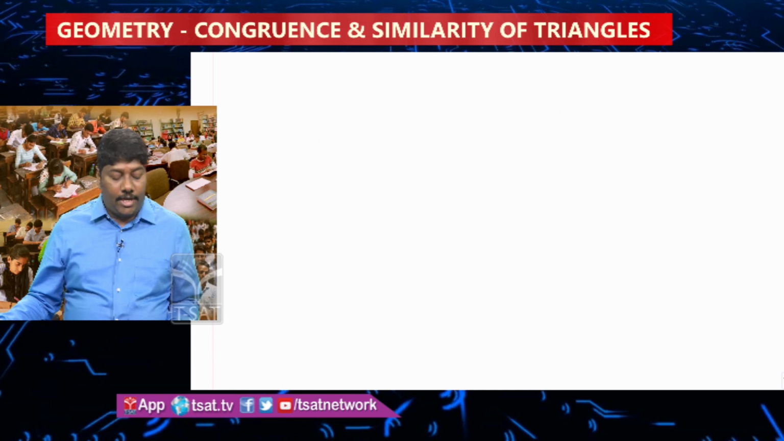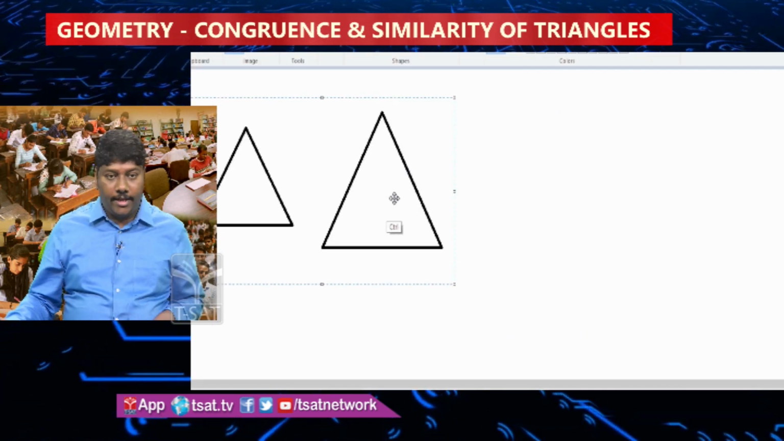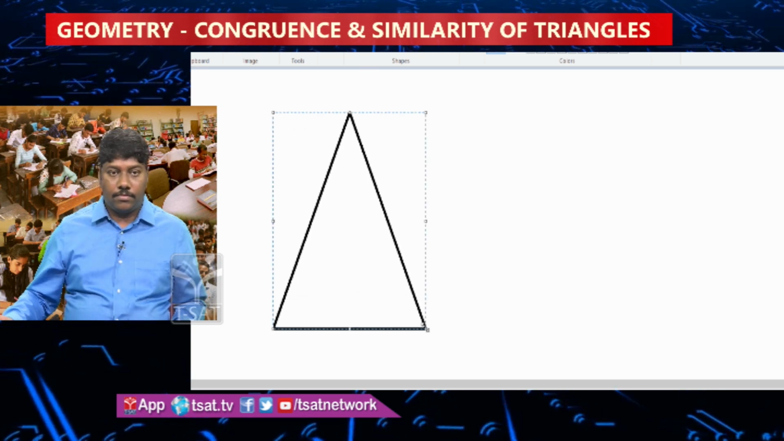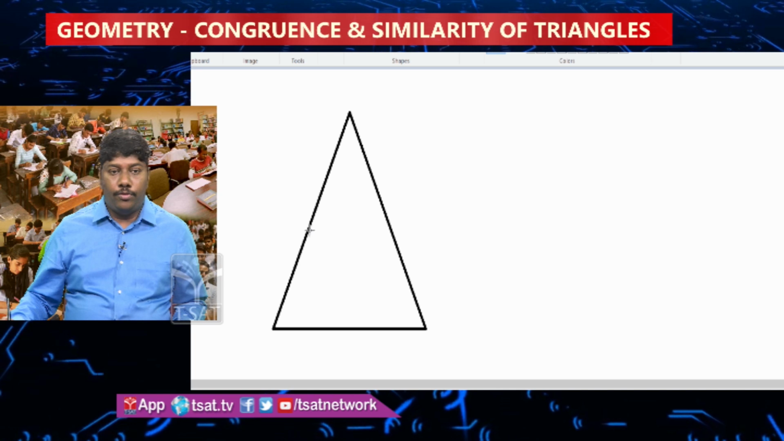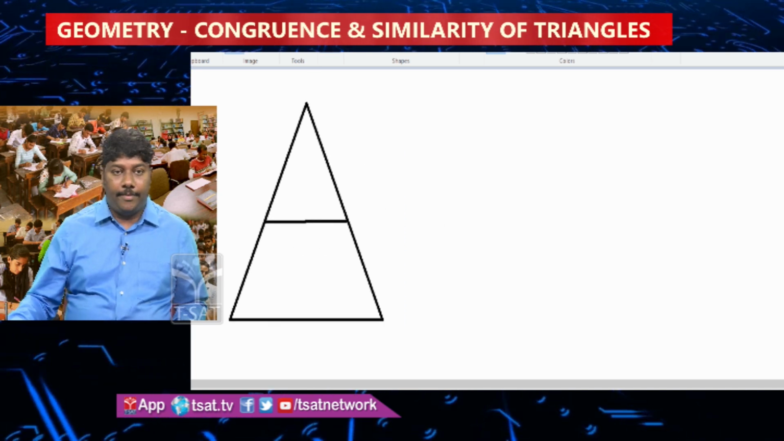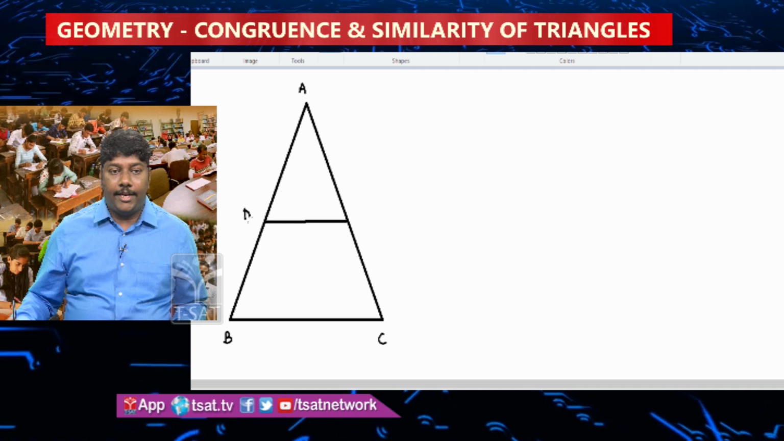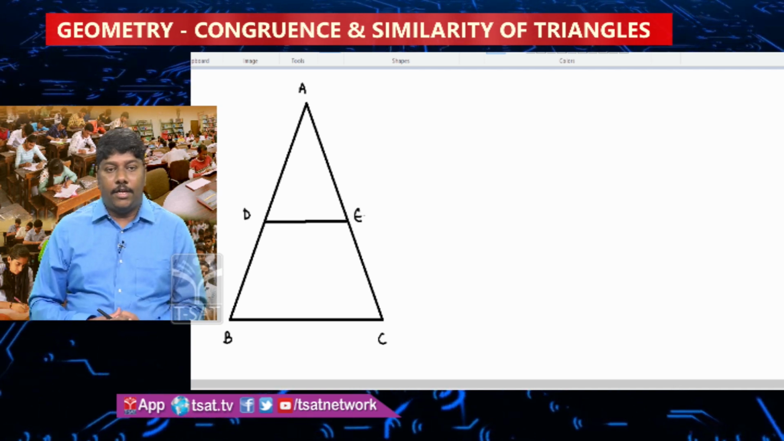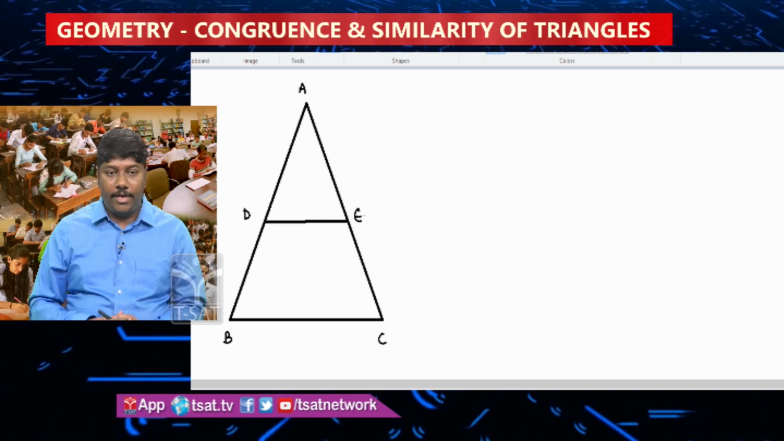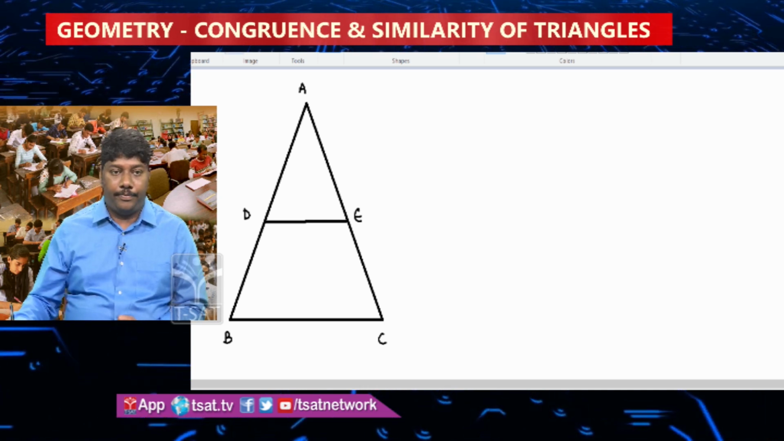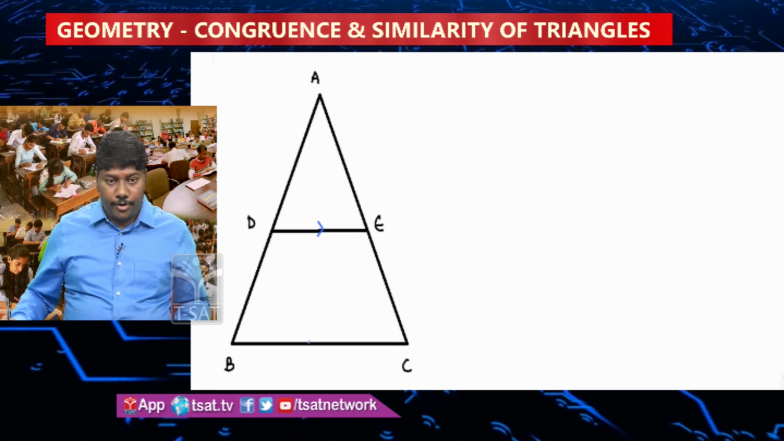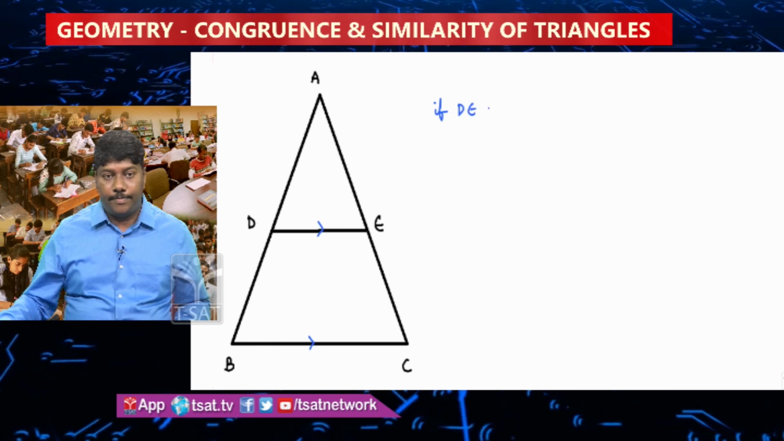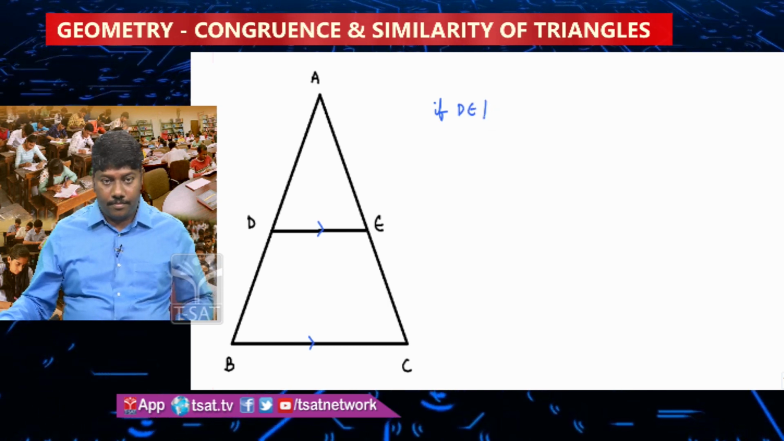Now, the most frequently asked questions are like in a single triangle. I'm taking the triangle ABC. I have taken 2 points D and E. D and E are the 2 points on the sides AB and AC respectively. DE is parallel to BC. Remember, the moment DE is parallel to BC,